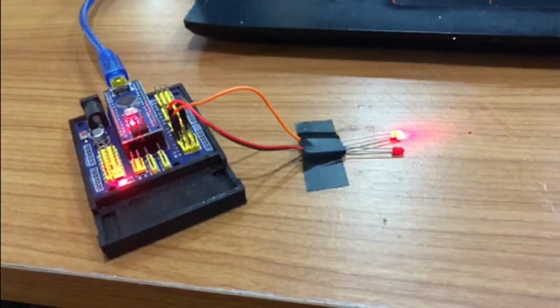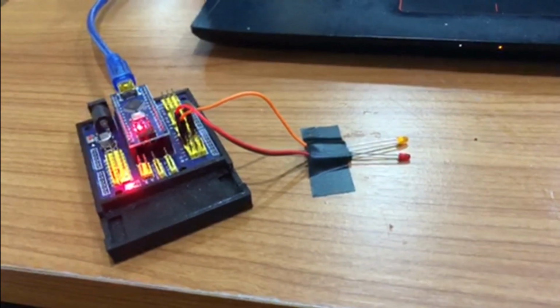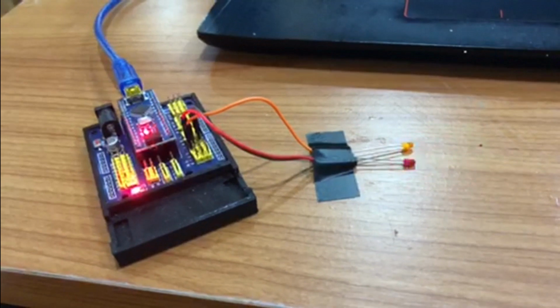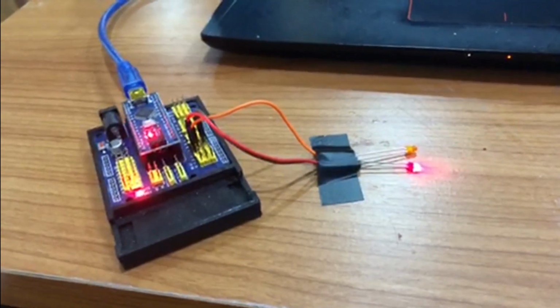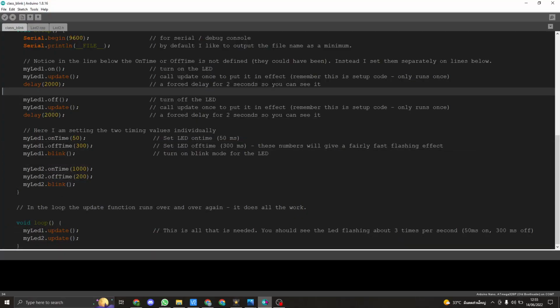Arduino Nano is now started up. You can see the first LED blink, and now it is starting its sequence. The advantage of this code